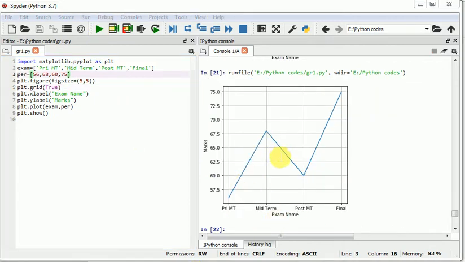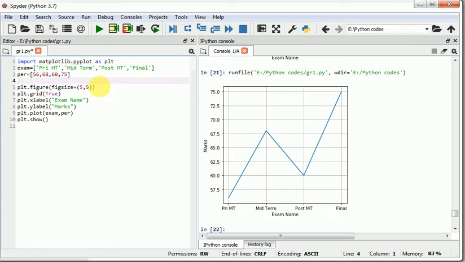If you want to show 2 lines or 3 lines here, then you can add your list. Suppose I want to display student 1 marks and student 2 marks. I'm changing here S1.